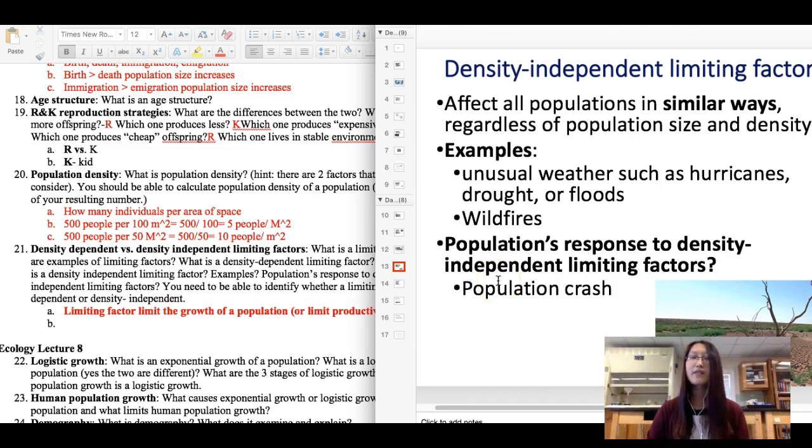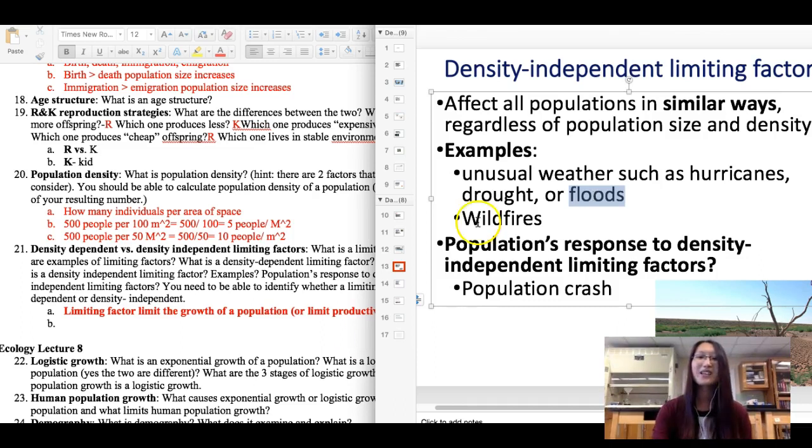A lot of the time this is an abiotic factor, but it doesn't mean that all biotic factors are density dependent, and it doesn't mean all abiotic factors are density independent. So you just have to think about what makes sense, right? A density independent factor could be a drought, for example. You wouldn't have more drought because there are more deer in the area. You wouldn't have more flood if you have more deer. If you do have more flood when you have a higher population size of deer, then you will call that a density dependent